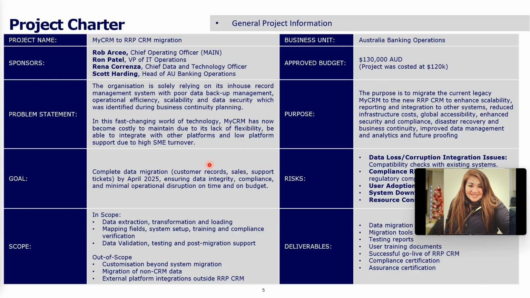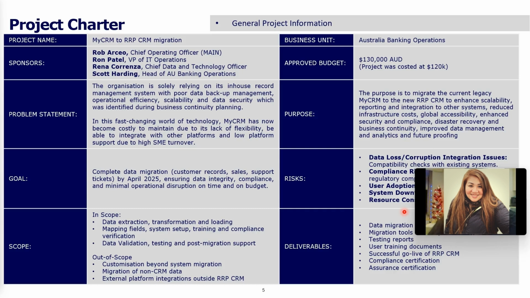Now the purpose is to migrate the current legacy CRM to the new CRM, which is called RRP, to enhance scalability, reporting and integration to other systems, also to reduce infrastructure cost, to have global accessibility because it's stored in the cloud rather than internally, enhance security and compliance, ensure that there would be disaster recovery and ensure business continuity, improve data management and